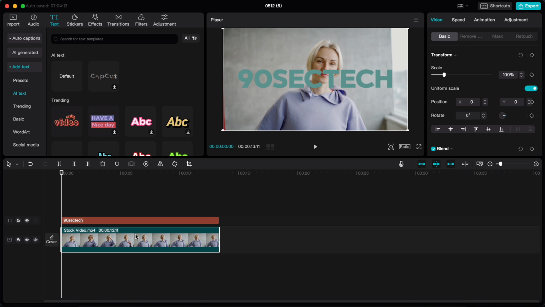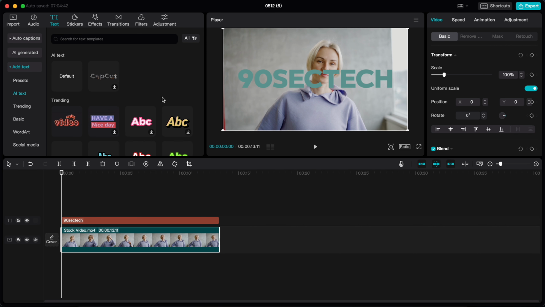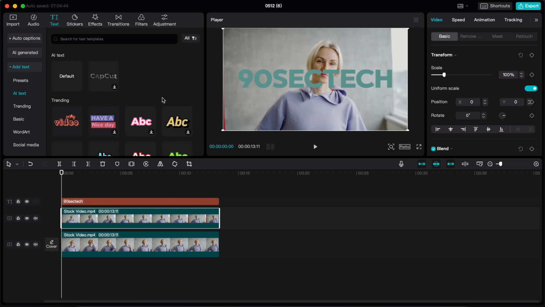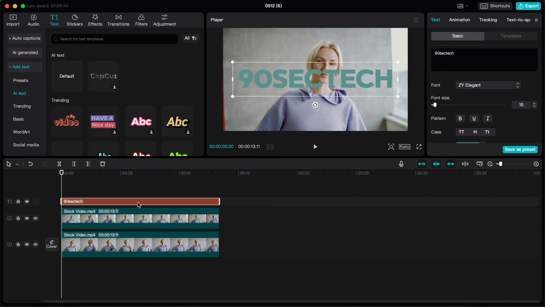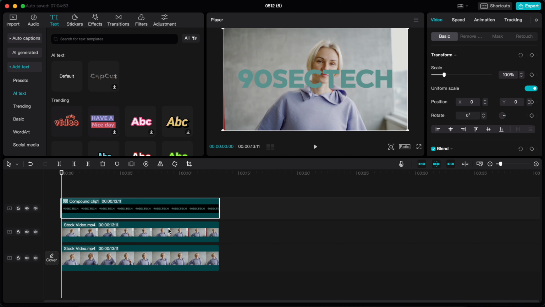Begin by duplicating your video clip. Right-click on the clip, select Copy, and then paste it above the text layer. However, you can't place the clip directly over the text yet. To fix this, right-click on the text layer, choose Create Compound Clip, and then place your duplicated clip over this